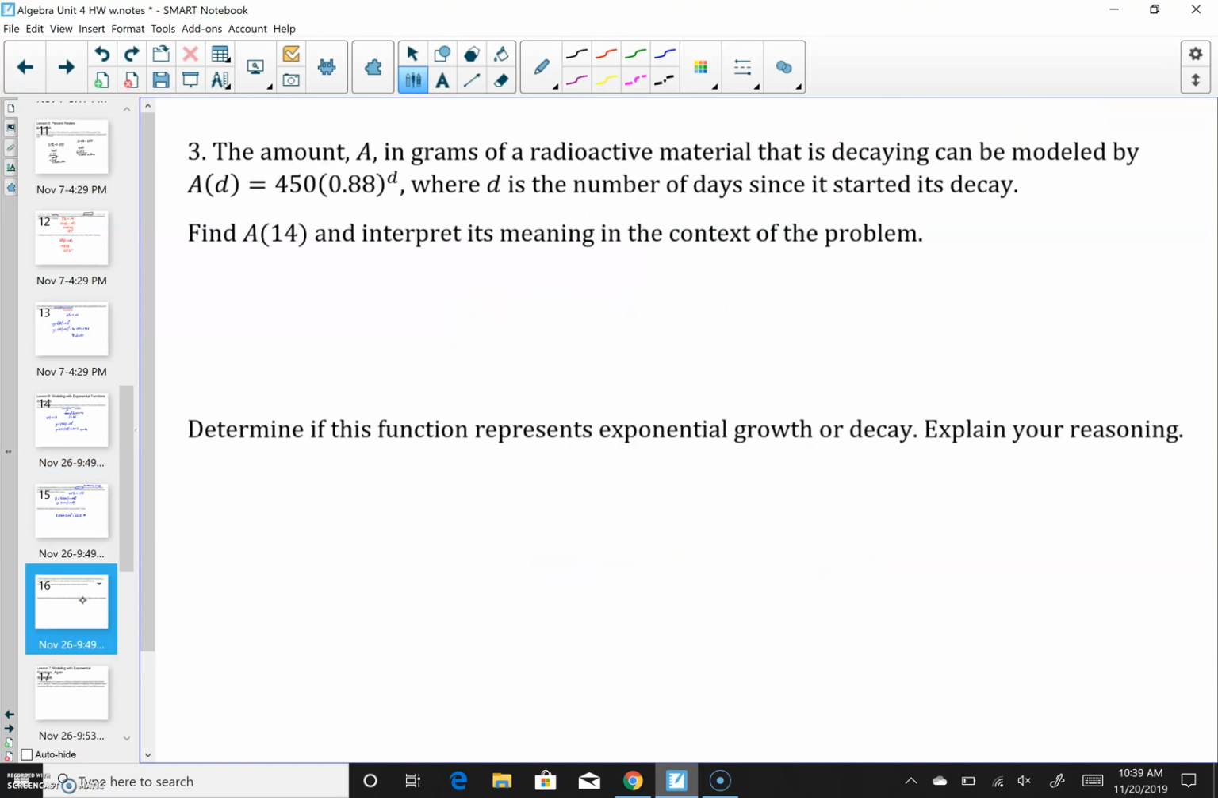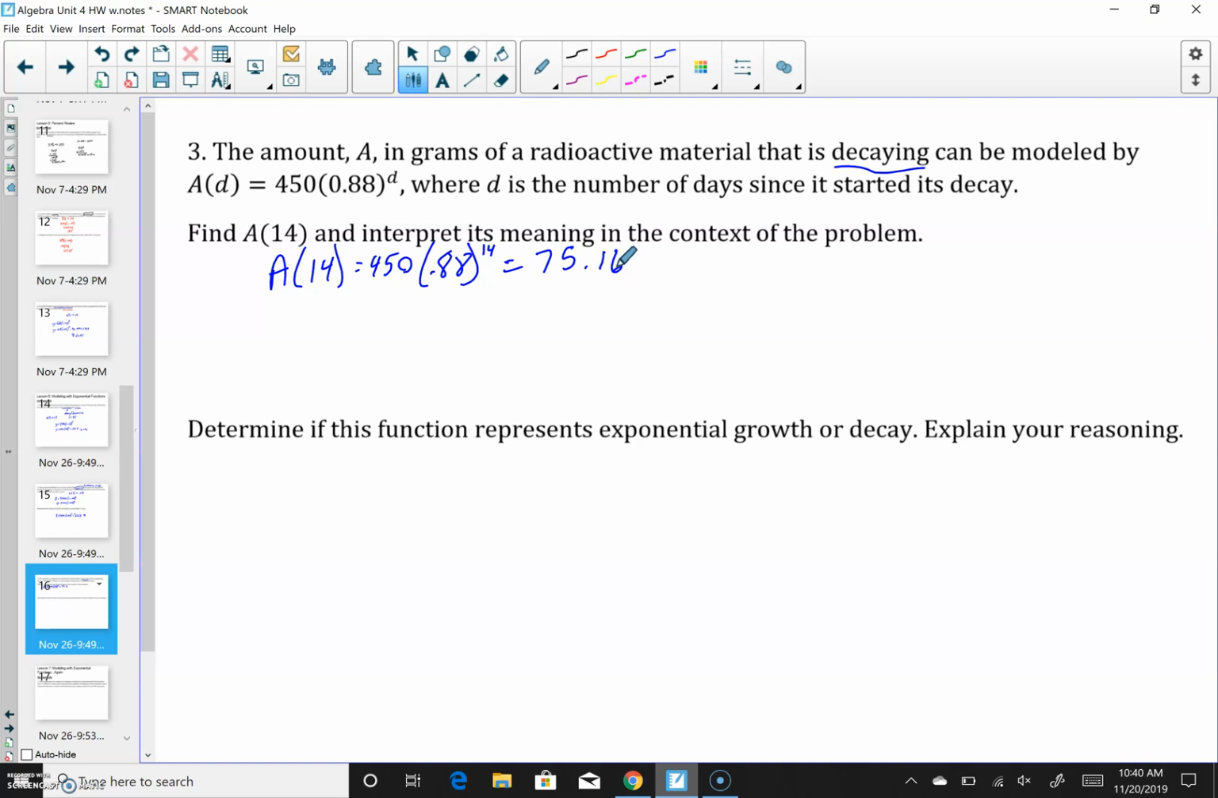And the last one, the amount A in grams of a radioactive material that is decaying, so we know it's decreasing, can be modeled by A of D equals 450 times 0.88 to the D, where D is the number of days since it started to decay. Find A of 14 and interpret its meaning. So if we're going to find A of 14, that means in place of D, because the 14 replaced our D, we are going to plug in a 14. So 450 times 0.88 to the 14 gives us 75.157,